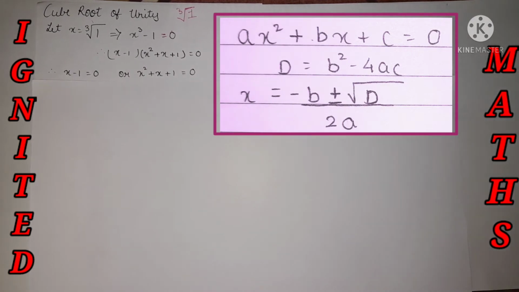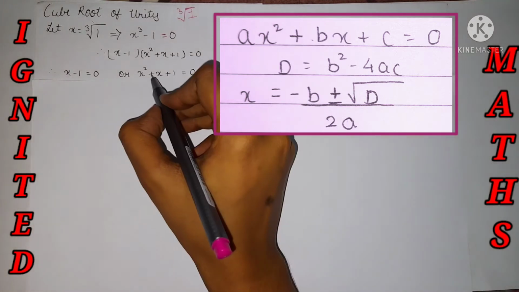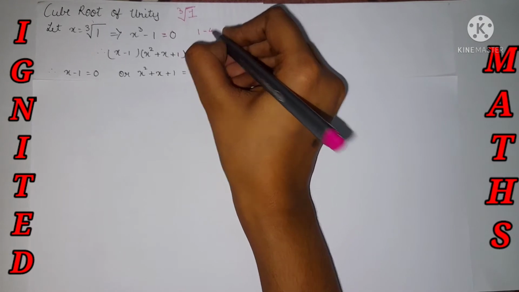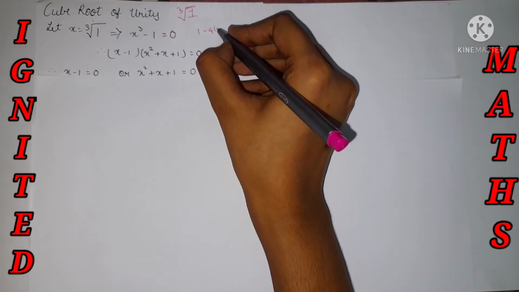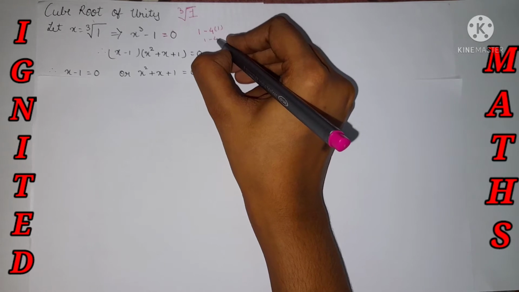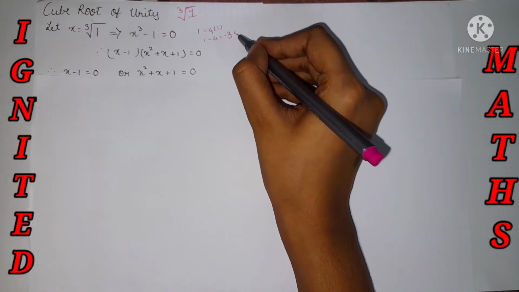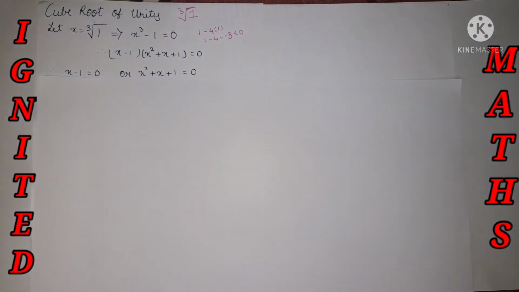Then we can move through the discriminant value. Yes, b square minus 4ac. If we take the value of b square minus 4ac, b is 1, minus 4ac, it's nothing but 1. So 1 minus 4 is equal to minus 3, and it is less than 0. It means we can't get a real value of it. The imaginary unit is one of the most important things which we need to apply over here.